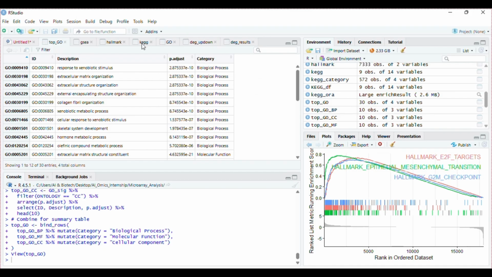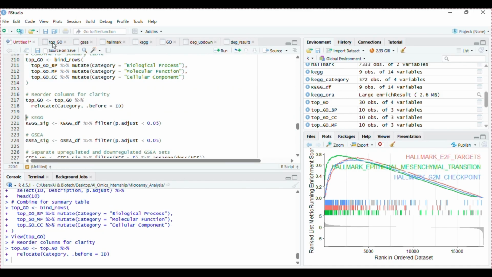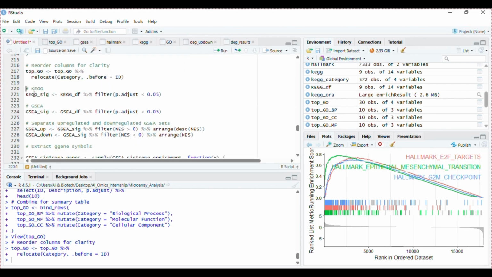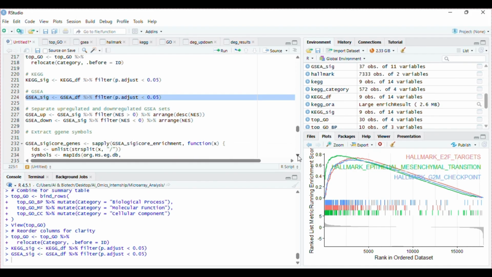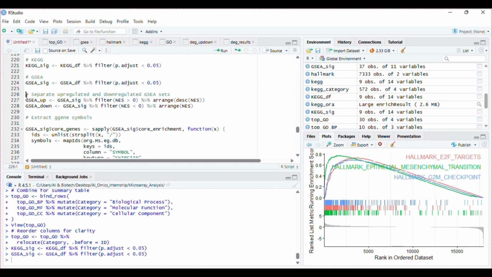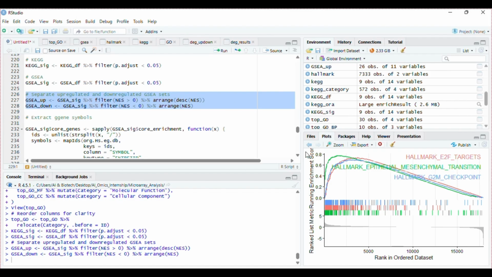Let's reorder this category column. Similarly, we can extract the significant KEGG pathway based on their p-value and significant gene set enrichment analysis result. And for gene set enrichment analysis, we can also subset our result based on NES values for upregulated and downregulated